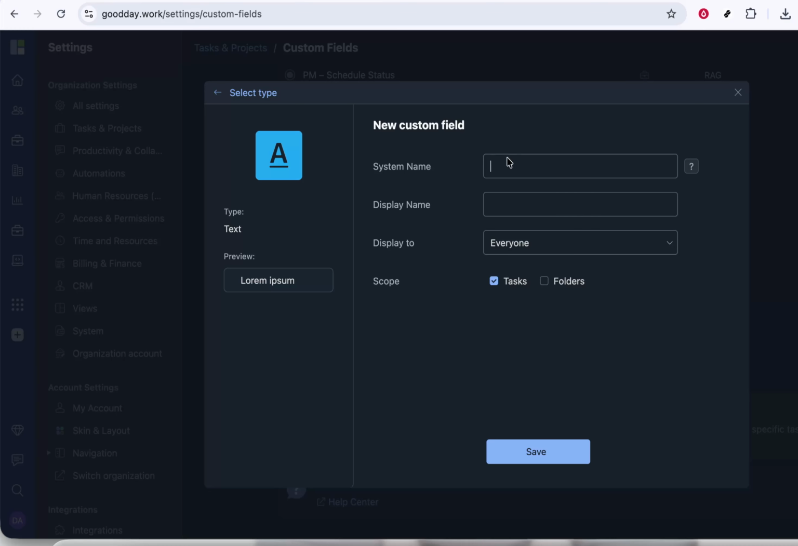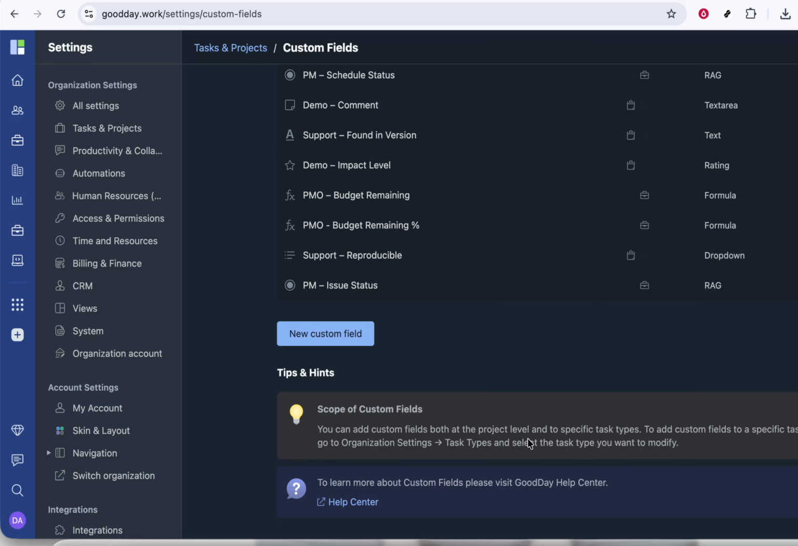After you select the field type, simply follow the on-screen prompts. You'll usually be asked to give the field a clear name, an optional description, and choose where it will be available, such as specific projects or work item types. When everything looks right,